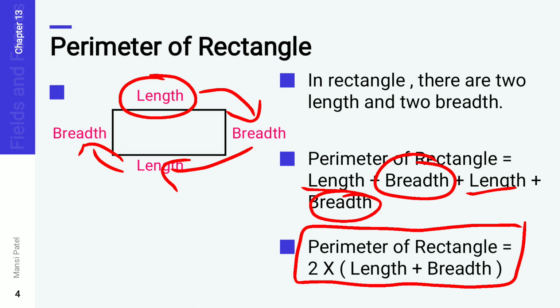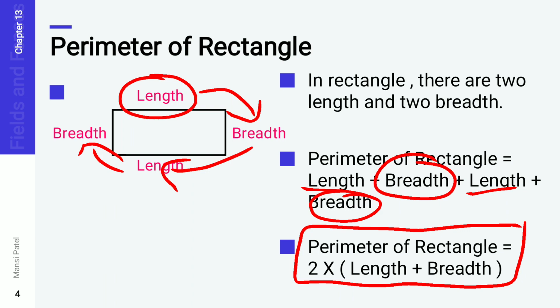After this we are discussing the examples, different examples, but a few things you have to remember. The first thing is that in this chapter you compulsorily have to draw the figure. The second is that in the answer you compulsorily have to write down the units. If that is centimeter, then you write centimeter. If that is meter, then you write meter. And the third is that you compulsorily have to write down the formula. This formula we discussed about the perimeter of square and perimeter of rectangle. Both formulas you have to remember.